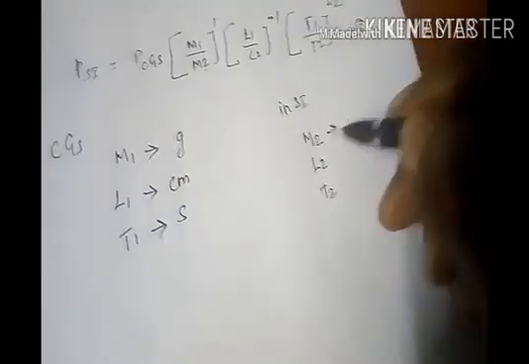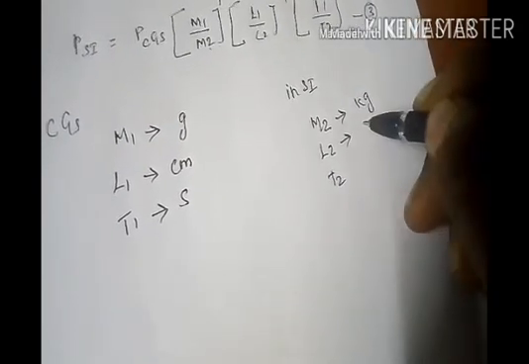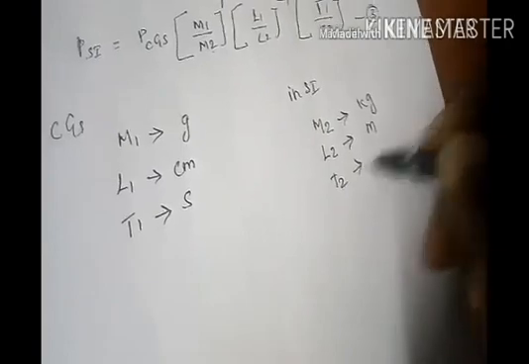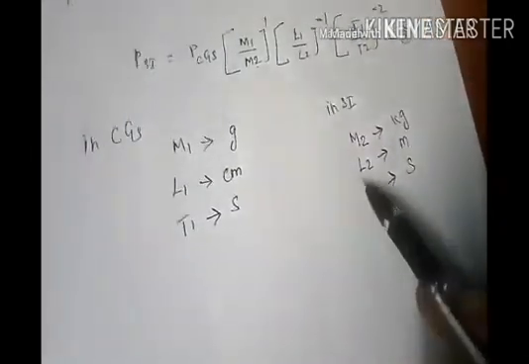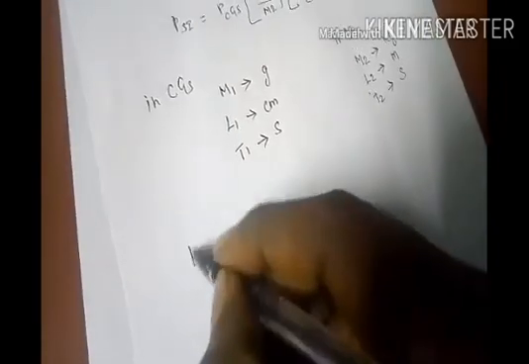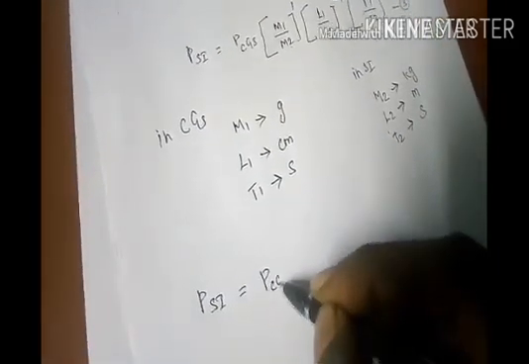So here the mass is measured in terms of kg, the length in terms of meter, the time in terms of second. So these values are substituted in this equation 3. So this equation becomes like this. So pressure in SI system is equal to pressure in CGS system